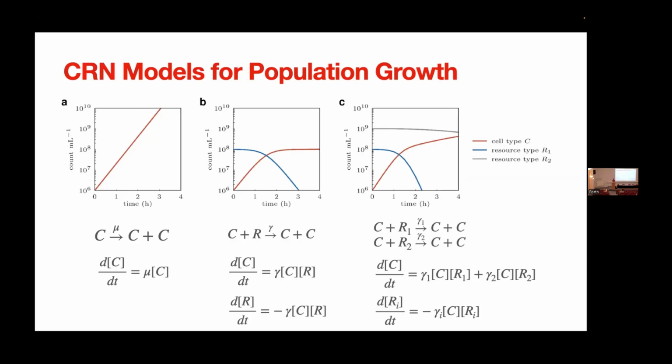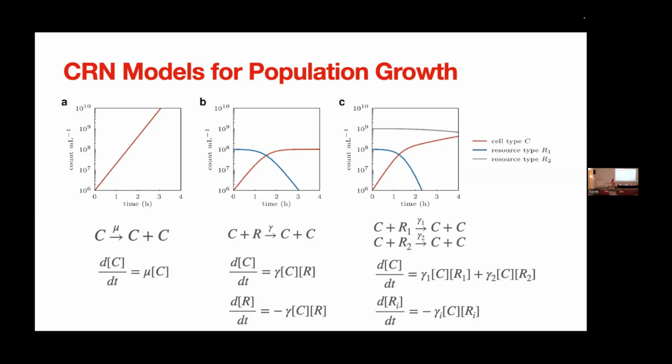So the approach that we're currently taking, and it's implicit or explicit also with other people, is to reuse the chemical reaction network formalism, but now on a population level. So now our A's and B's will no longer be molecules, but whole bacteria. They might have an internal state, but we'll come to that in a second. So here are just three different